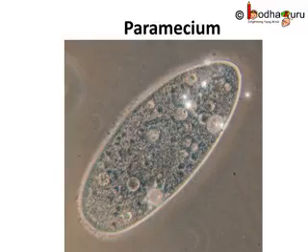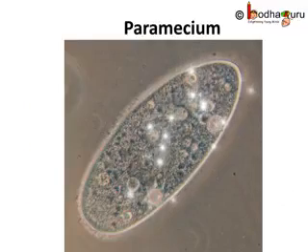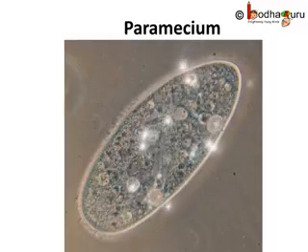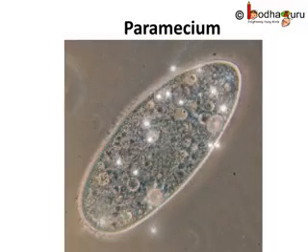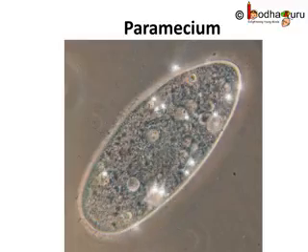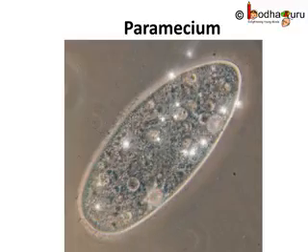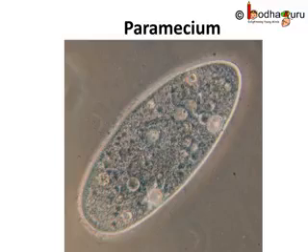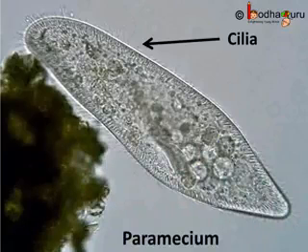But not all single-celled organisms eat the same way. In Paramecium, which is also a unicellular organism, the cell has a definite shape and the food is taken in at a specific spot. The food is moved to this spot by the movement of cilia. As we know, cilia are hair-like structures that cover the entire surface of the cell.